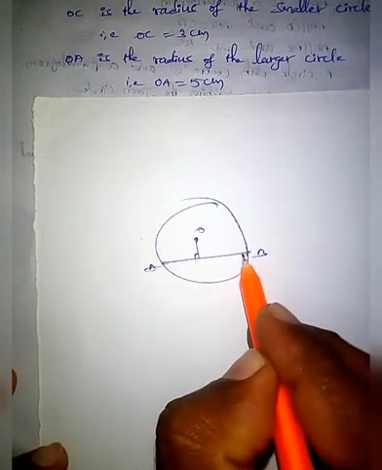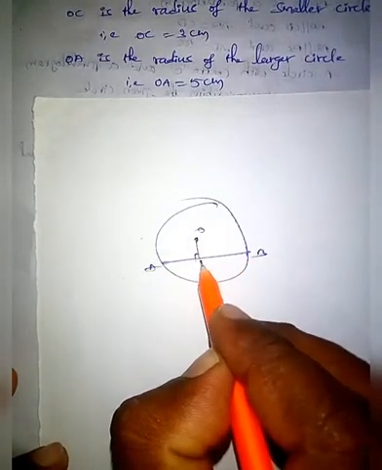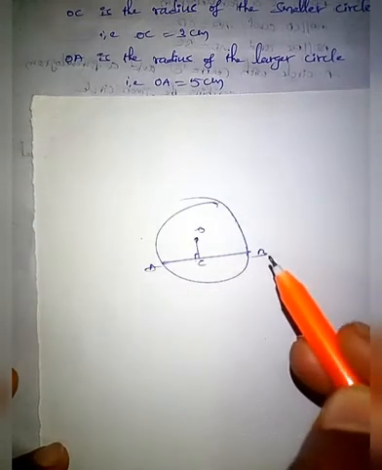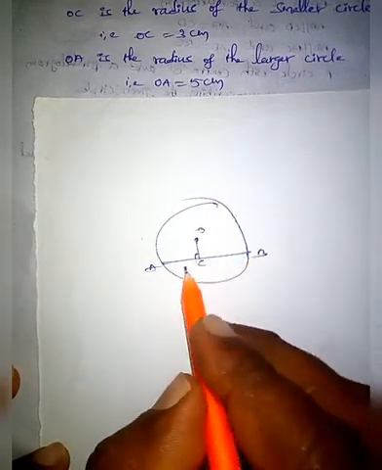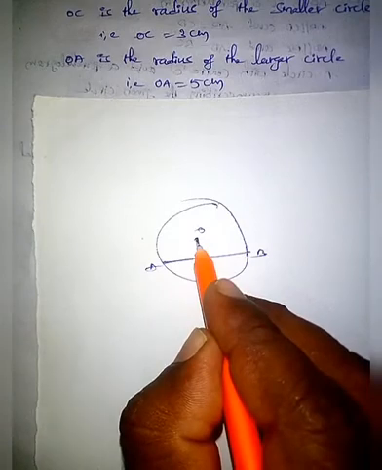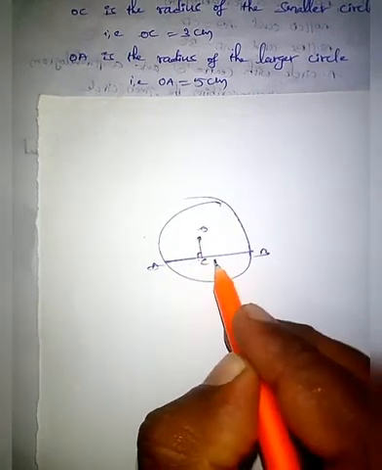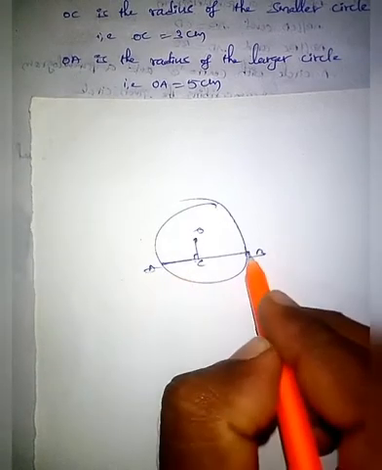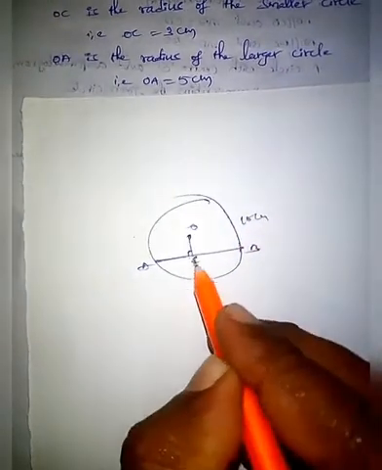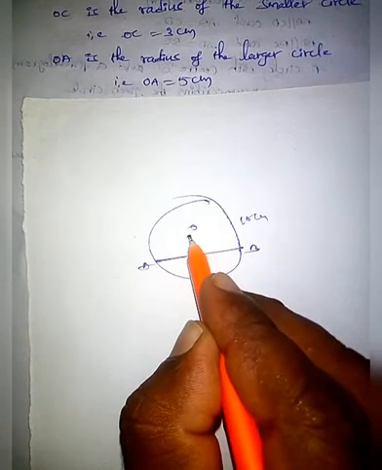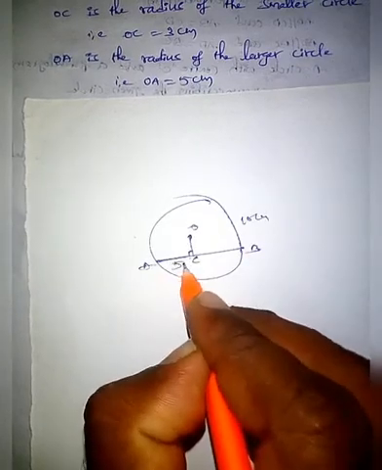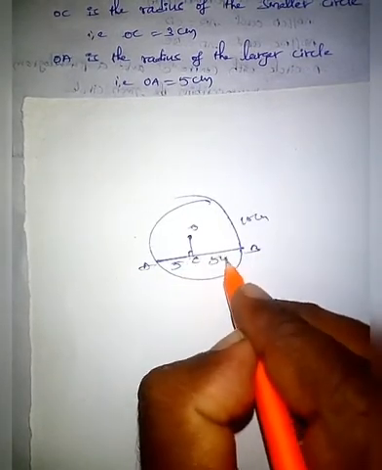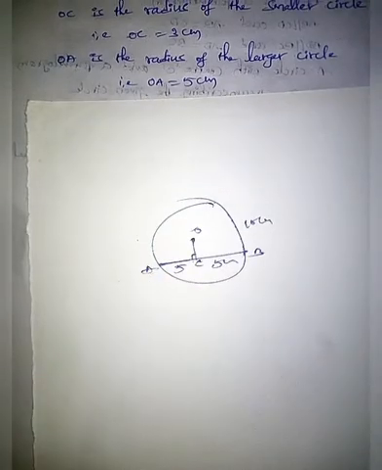Actually AB is the chord, so if this perpendicular touches the chord at point C, let us assume at point C, this point divides AB into two equal parts. That's why a perpendicular from the center of the circle to any chord bisects the chord. Let us assume the length of AB is 10 centimeters. Then from A to C it will be 5 cm and from C to B it will be 5 cm. Okay. So by using this concept we can calculate the length of AB here in the problem.